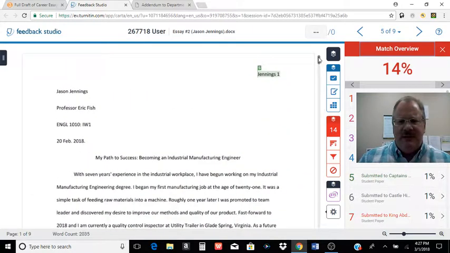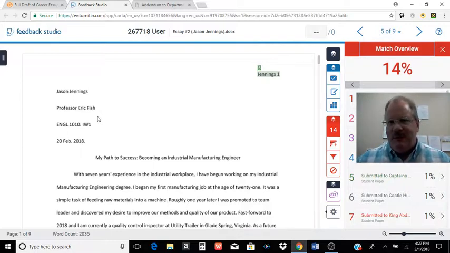When you first get into this kind of thing, you can say, wow, 14%, but really that's pretty low for a research essay. With this medical essay coming up next, it's not unusual to have 25, 30%, and have another perfectly good report just like this one. But again, if it's highlighting summaries and paraphrases, there's a problem. You're supposed to have that in your own words and sentence structure. I'm happy to help you, or you just need to go back and rework it. If it's highlighting your quotes, that's not your problem, as long as you're citing them. But hopefully it's a good tool.